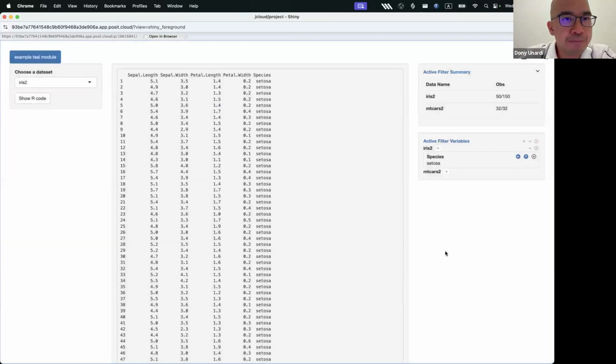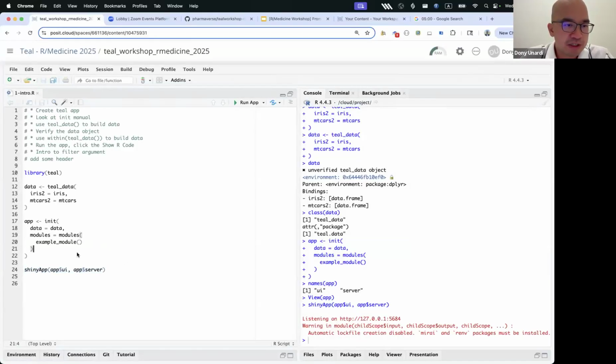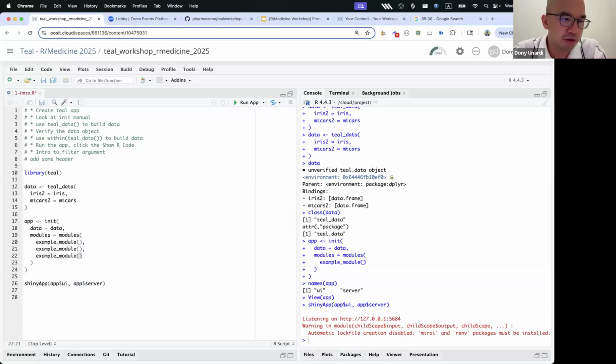Okay. All right, so I hope that's clear. I'm just going to repeat this process one more time. Again, because modules are reusable, it doesn't matter how many times you want to do this. So if I can do the same module 3 times, now if I run this and run the Shiny app again,